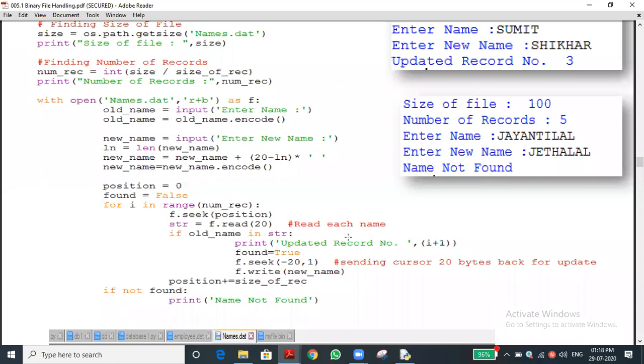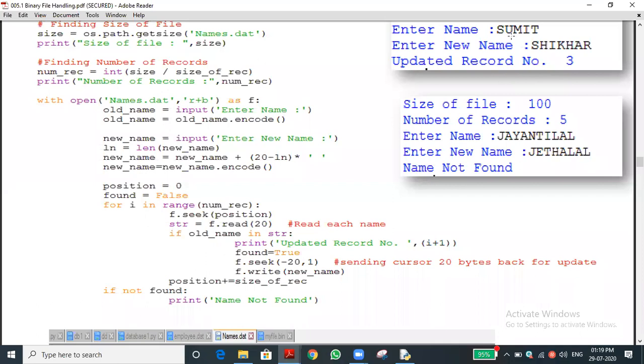Sir, are you understanding? Yes, ma'am. Sir, if we update the value, then the old name will also be there, no, sir, in the next name. I didn't understand. I didn't get your question, ma'am. No, sir, old name is there, sir. Then we changed the cursor position, and again we are updating the number. So the next line will be old name, no, sir. No. I think I will explain, but I didn't properly understand your question. Later I will explain. If your doubt is there, you can understand.